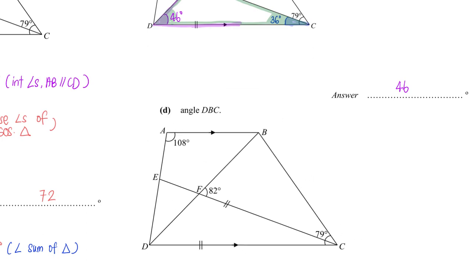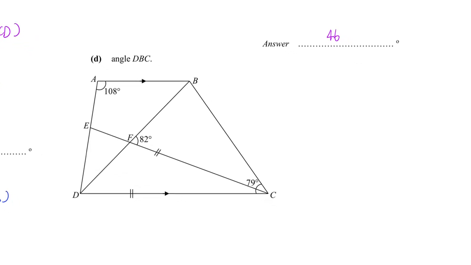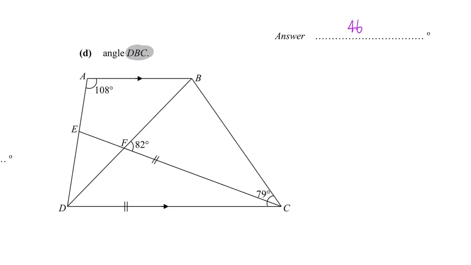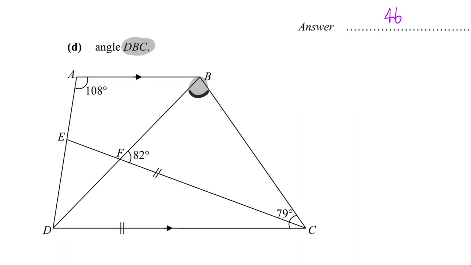Right. Our objective is to find this DBC, which is this angle here, and previously we already gotten the following. ABD is 46,